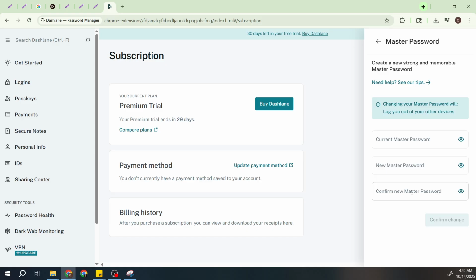And there you have it. Changing your master password is a vital part of keeping your accounts secure, and now you know how to do it